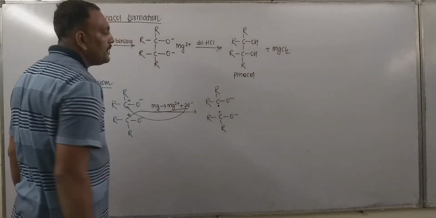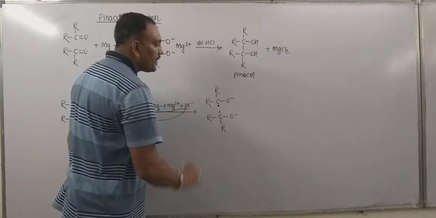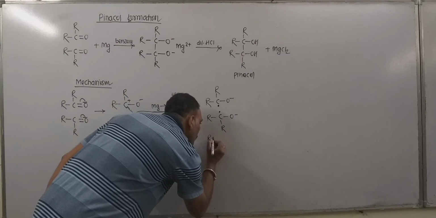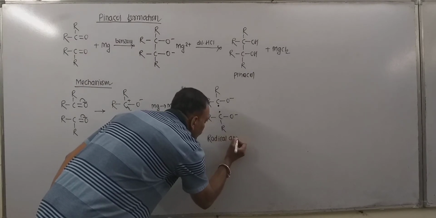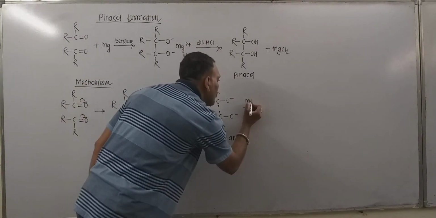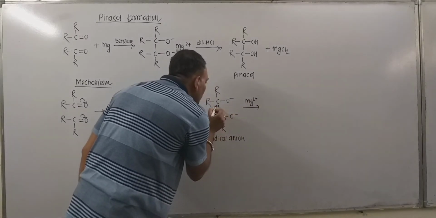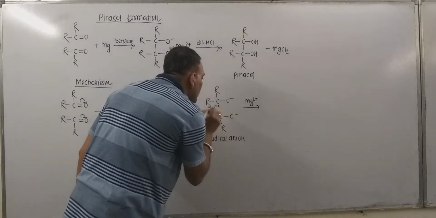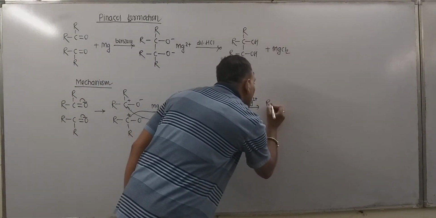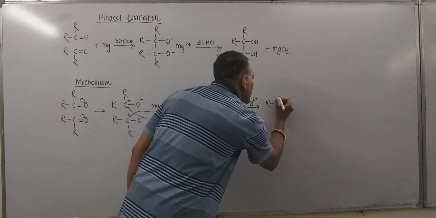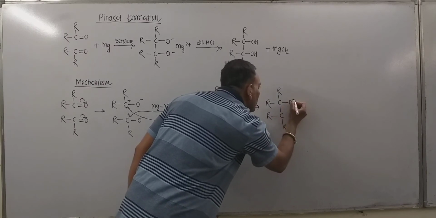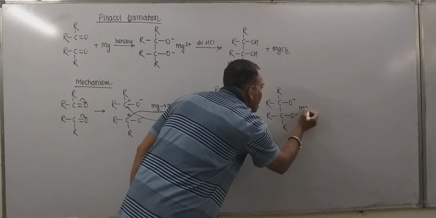That leads to the formation of a species which can be given as. Now remember, in this case, this carbon contains an odd electron and oxygen bears a negative charge as well. Therefore it is known as a radical anion. Now what happens with the radical anion? Under the influence of Mg2+, these 2 carbons share electrons and a new bond between these 2 carbons gets formed, and as a result an intermediate is obtained, which may be given as.